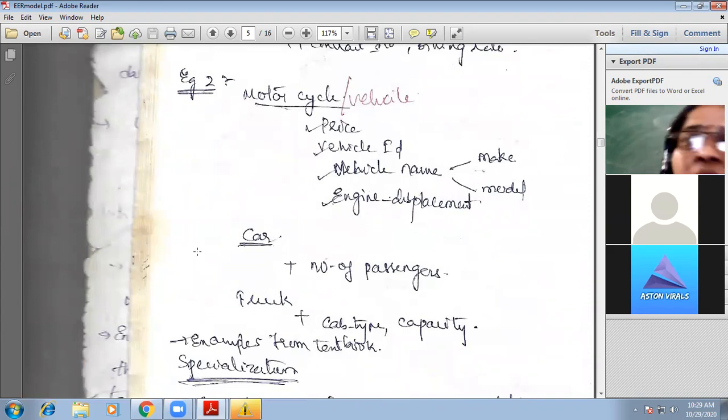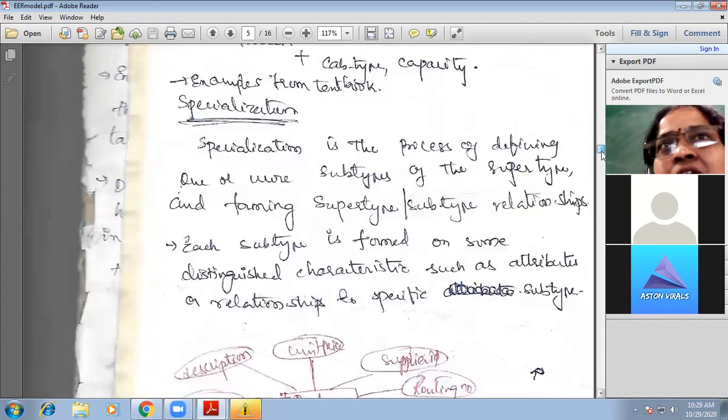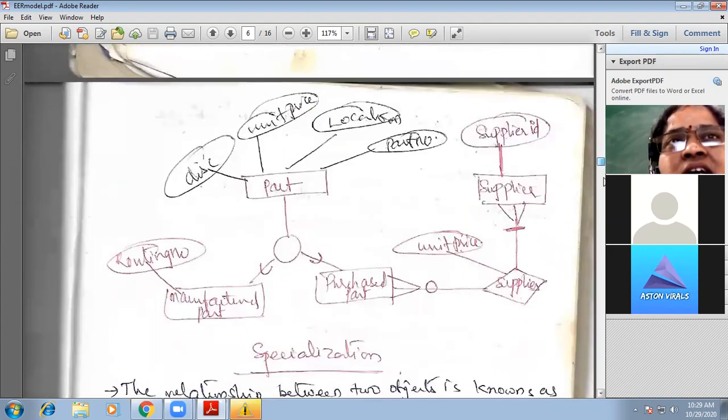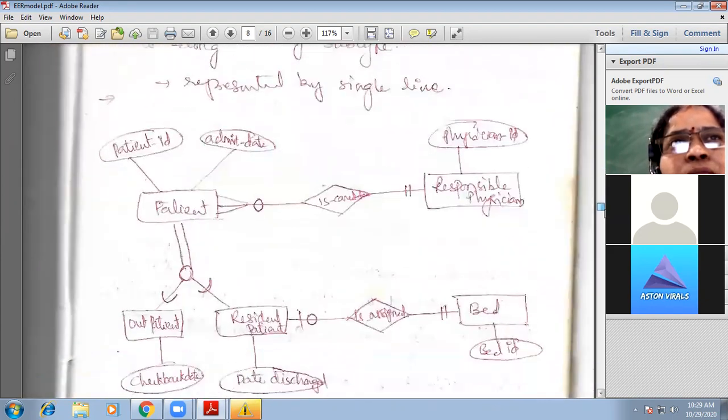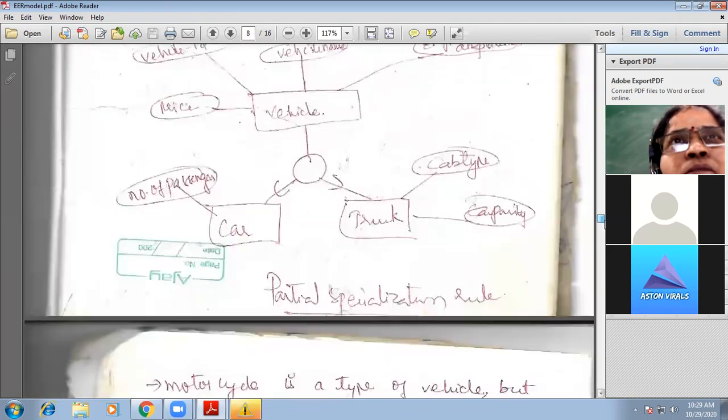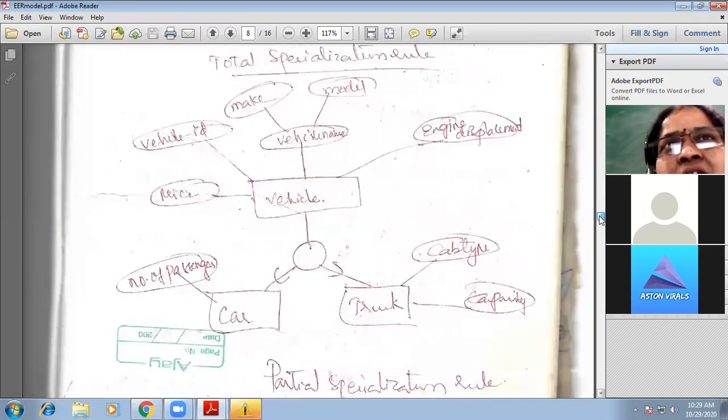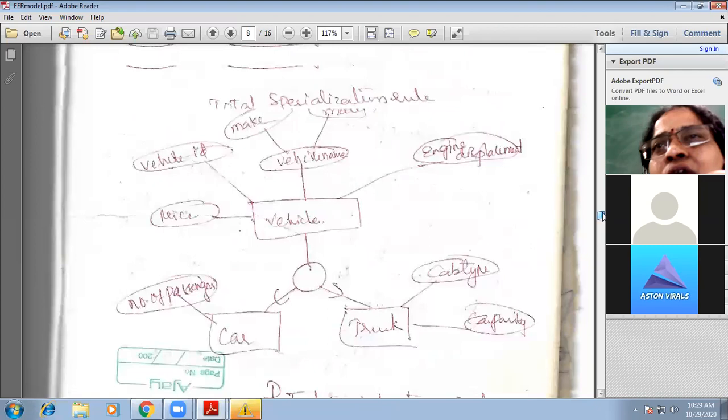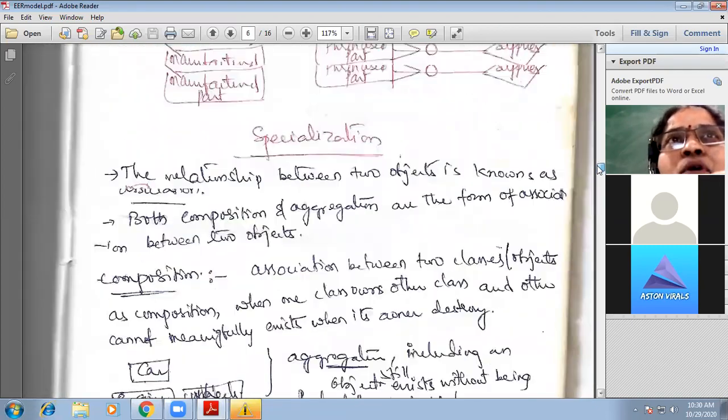From these special entity types, we construct a supertype subtype hierarchy like this. Here the car has its own features, and the truck has its own features. Then what about motorcycle? Here we have another special entity type, motorcycle.